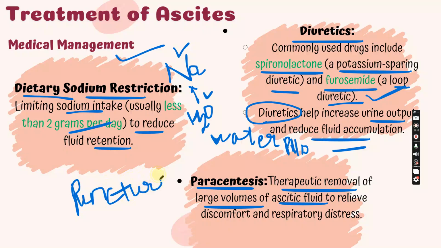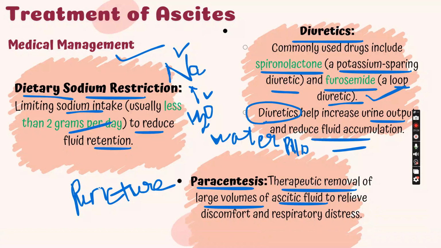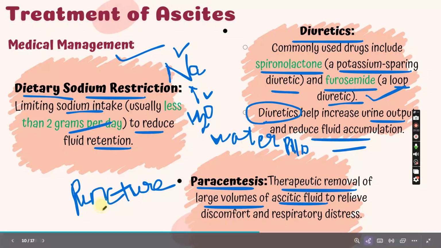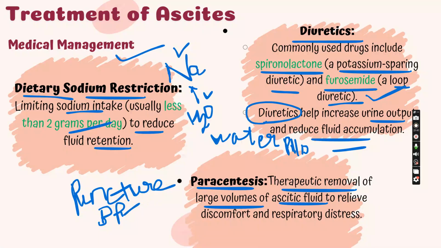Then we have to ask the patient whether they are on any kind of blood thinners or not. We will explain it to the patient also. And one more thing we have to do is BP measurements before the paracentesis and after paracentesis. We can also do it during the